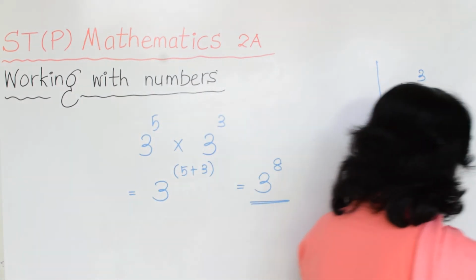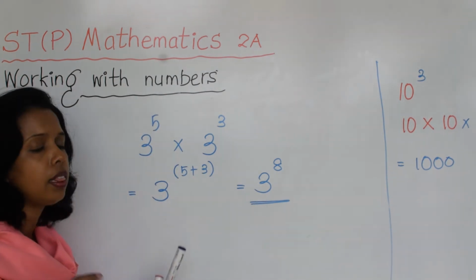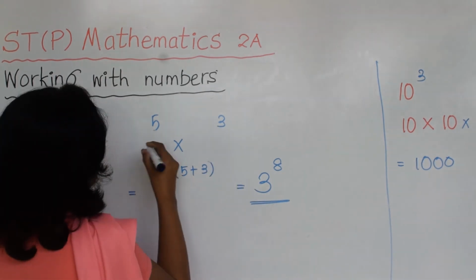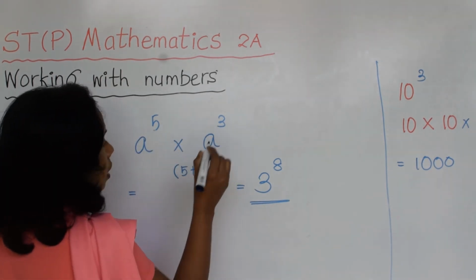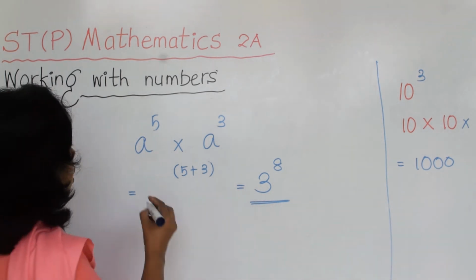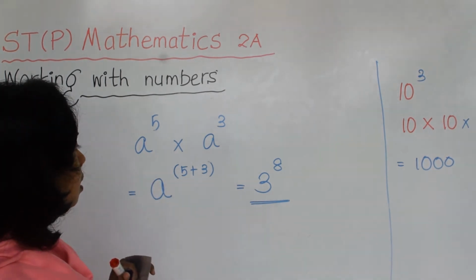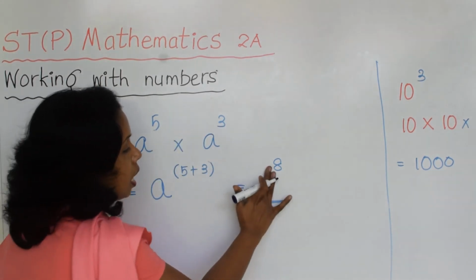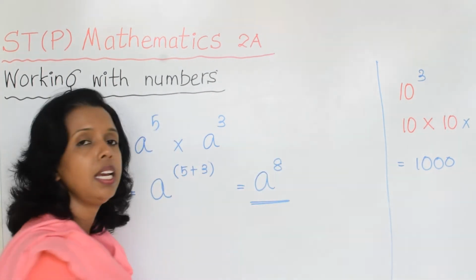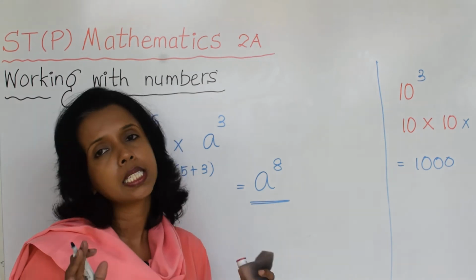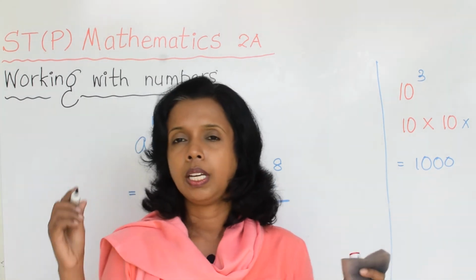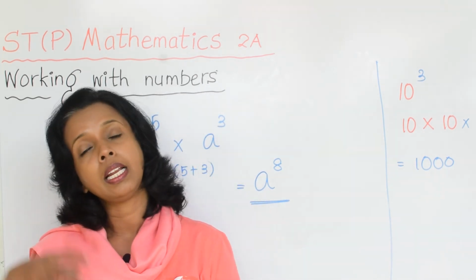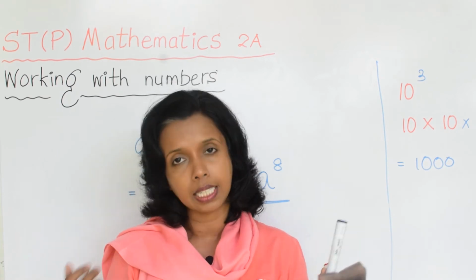So I'll give you another example. So far we dealt with numbers. Let's say if it is like this, a to the power 5 and a to the power 3, again the same value, right? So you write the base as it is, and within brackets you show the index addition, 5 plus 3, the answer should be a to the power 8, right? If the bases are equal, there we have numbers which are written in index form. Now you want to multiply them. You can multiply like earlier, but it's time consuming. What is the easiest method you can do?